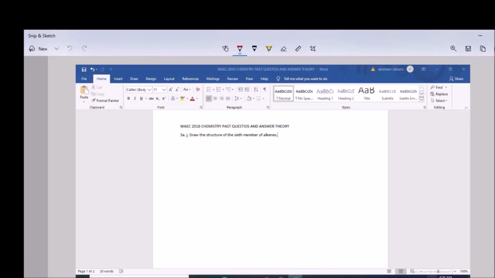Question number 3A, Roman figure 1. Draw the structure of the sixth member of alkanes. Now,